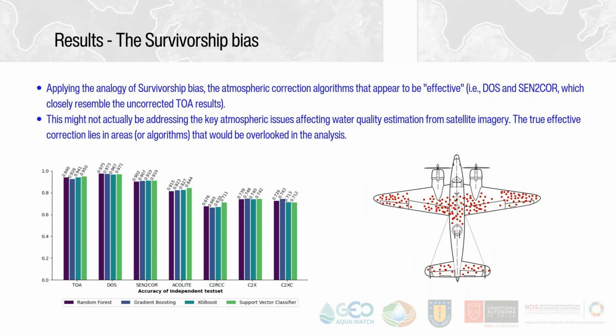So in this study, the top of atmosphere TOA reflectance is raw satellite data, so no atmospheric correction. In our study, it serves as a baseline or a worst case scenario where the impact of the atmosphere on the satellite imagery is not accounted for. So the fact that the DOS, Sentinel-2 Corrector, and Aqualite methods produce results very close to TOA could imply that they might not be sufficiently correcting the atmospheric effects for the specific case of inland water studies, or in this case, Lake Amatitlán. So these algorithms, while generally effective in other environments, may not be as effective for Lake